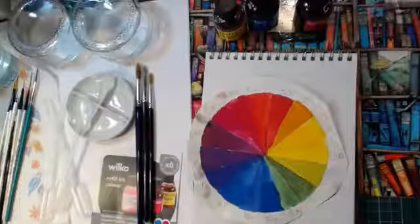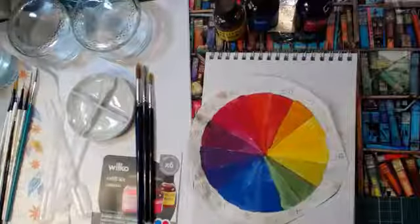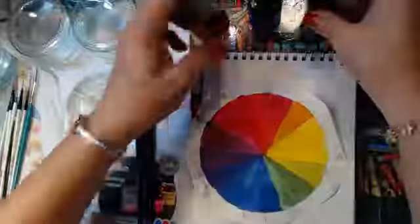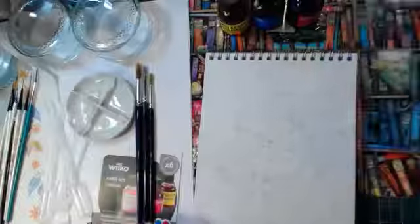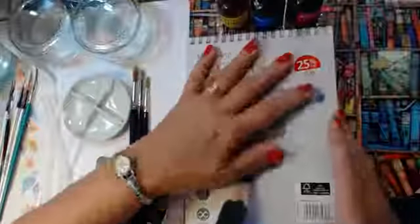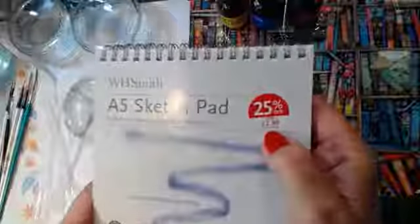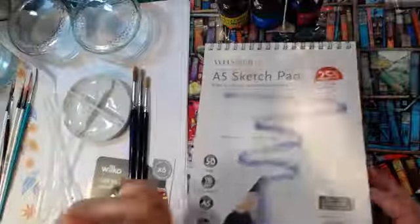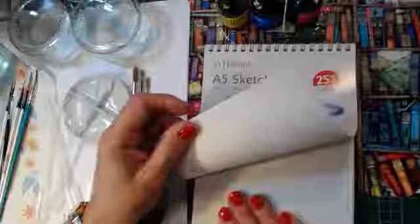But I've got 4 water pots because this stuff is very vibrant. Very, very vibrant. So what I did last week is I managed to get out to WH Smith's, and they have a bit of a sale on. So for £2.99 I bought a couple of these sketchbooks, and I thought it's not waterproof, but it will take a small amount. It's quite good quality,